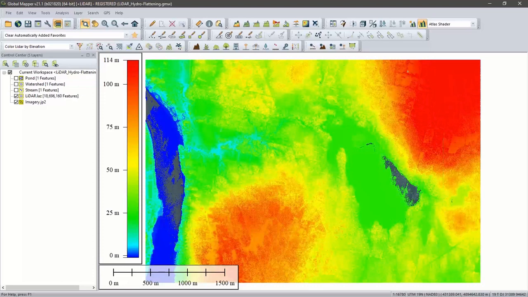Hydro flattening, for those who are not familiar with the concept, allows you to take vector features that have an elevation value, either a single elevation value, or if it's a line feature, a sequence of elevation values, and use those to override the elevation in your point cloud for the purpose of flattening a body of water. Now, if I turn off the point cloud in this example, you'll see I have a body